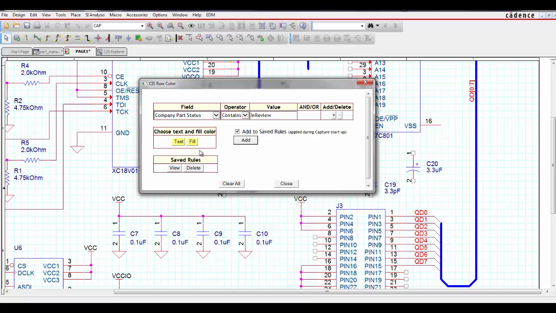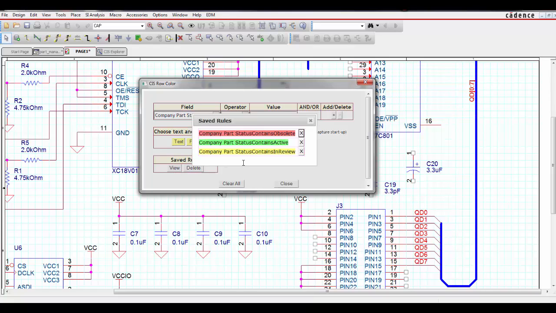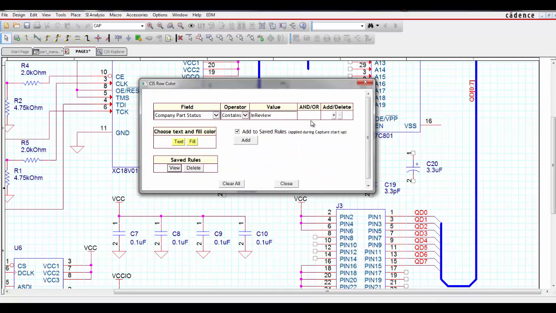Now, once you have a number of rules already defined, you can come in and check those by choosing the Saved Rules view. So you can say I already have a couple of other things that have been defined. If I needed to at this point delete something, I can remove it here. It would give me opportunities to delete things and redo them if I needed to. For now, I'm going to go ahead and close this,